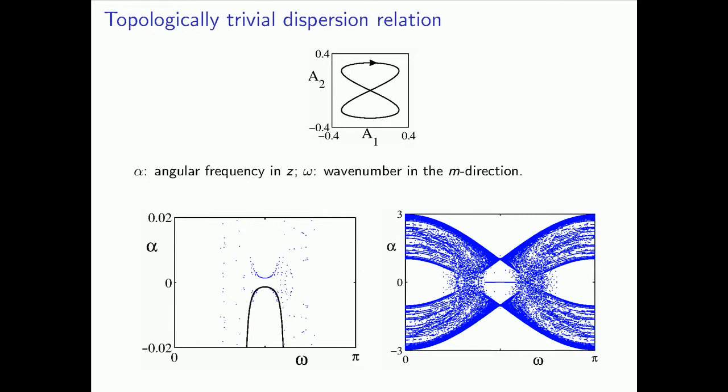This slide shows a dispersion relation computed using a figure 8 pseudo-field, as shown in the top figure. In this case, as shown in the left figure, the dispersion relation of edge modes does not cross the horizontal axis, or equivalently is topologically trivial. The full dispersion relation including both edge and bulk modes is shown in the right figure. In both cases, the asymptotic prediction shown in black agrees well with the numerical computation shown in blue.